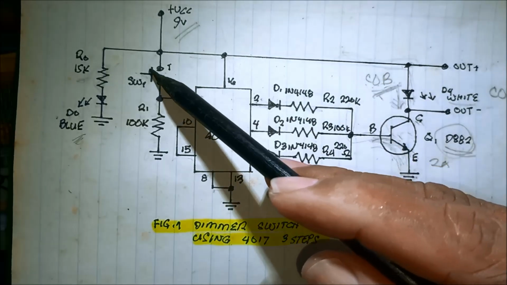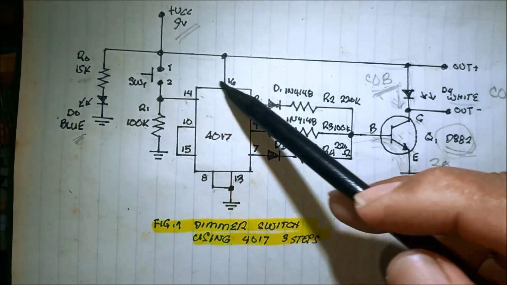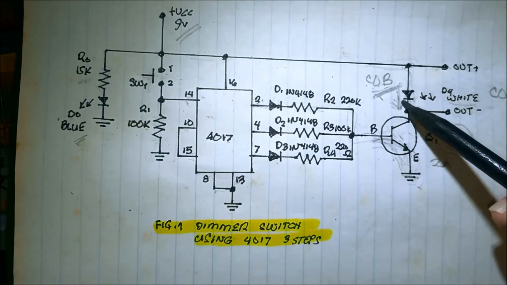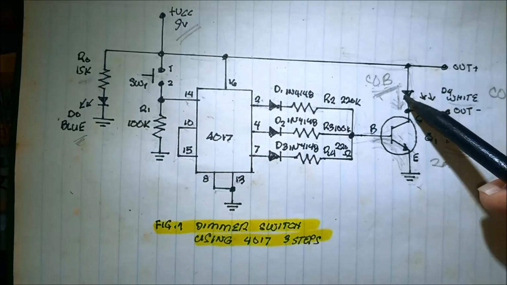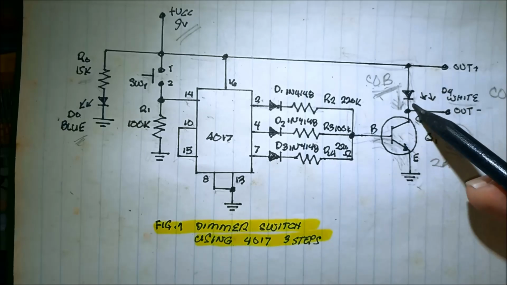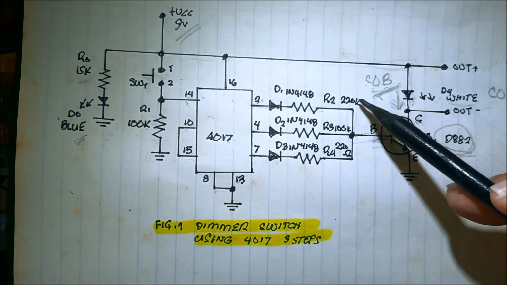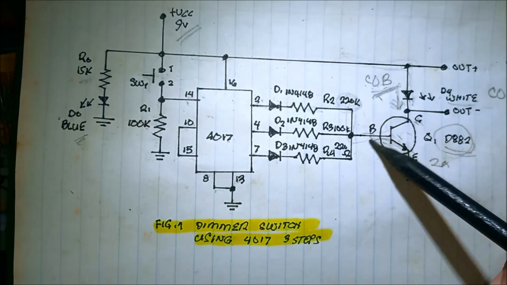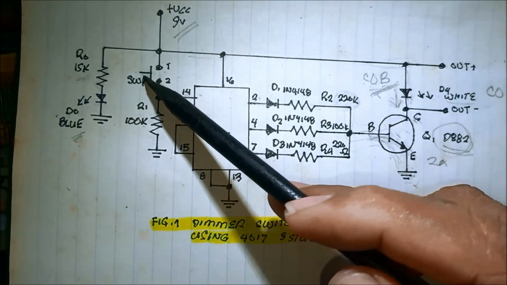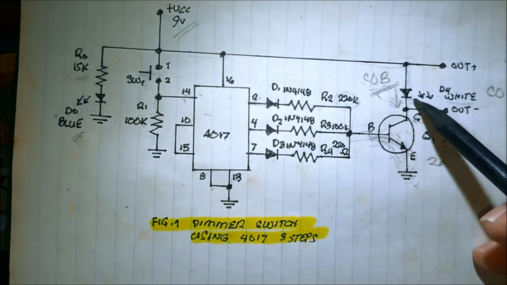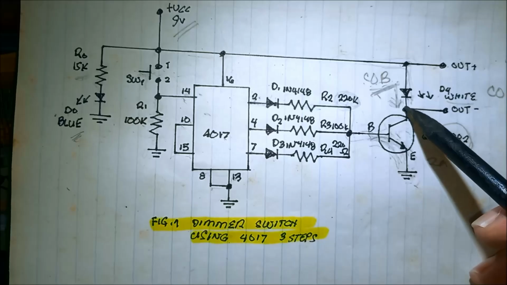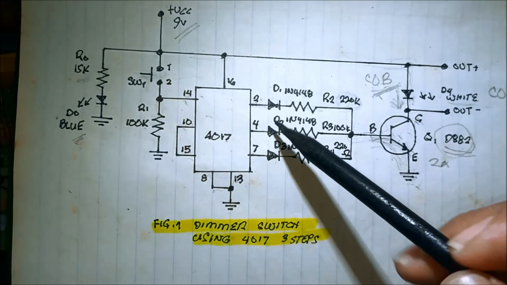So the first instance, pressing the switch will turn on the first step. It is a very dim light for the LED because we're using a high value resistor to the base. And then releasing it, it will latch, and then pressing it again,